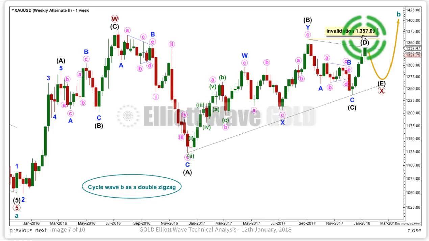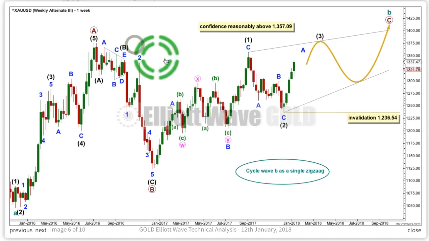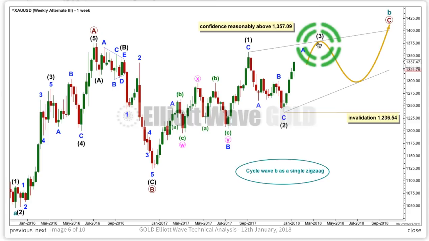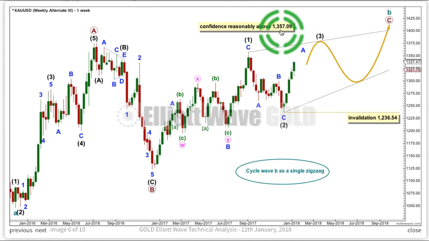This is another alternate, and I'm publishing this to illustrate why for a bull market scenario, we need to see movement reasonably above this point. I'm just going to quickly go back to that last weekly chart, my bullish wave count. In order to have confidence that we are in a bull market, we need to see 3 move reasonably above 1357.09. Now, while a new high by any amount at any time frame, even in a fraction on a tick chart, is enough to invalidate the main wave count, it's not enough to provide good confidence in this bullish alternate,